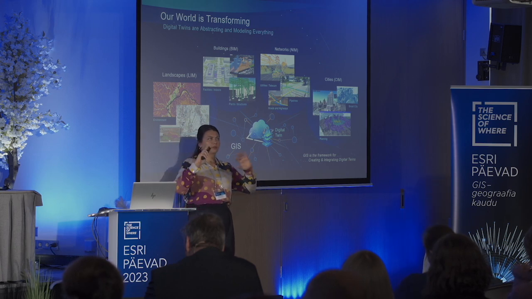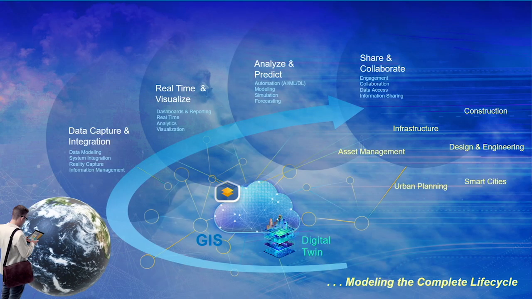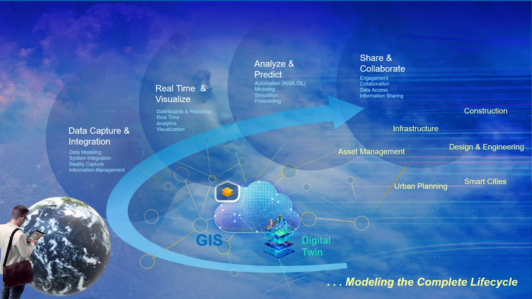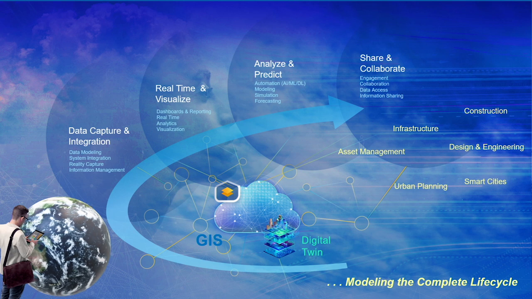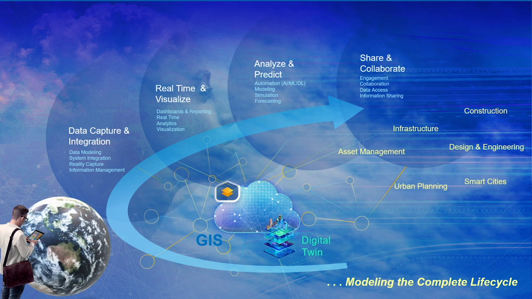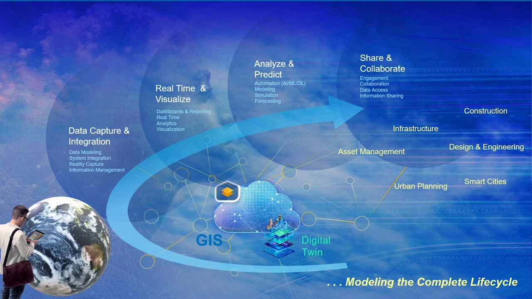And so it's really the larger district and city scale of information modeling and digital twin. And so GIS is the framework for all those different types of digital twins. And using the ArcGIS Enterprise platform, you can actually model the complete life cycle of the twins. You can start with data capture and integration, start to collect the data in the field, finding the common denominator, which is the geography, between the different types of information and data sources that you receive in your organization.